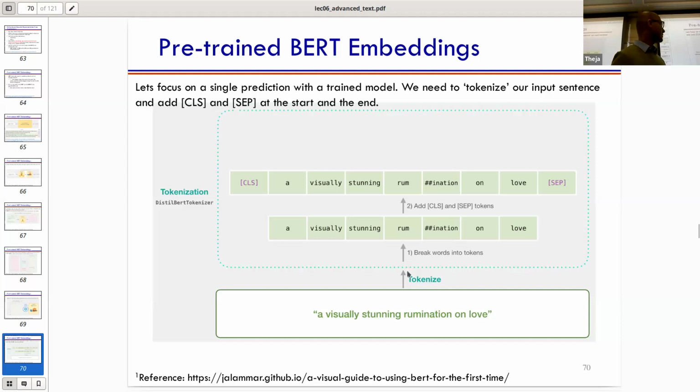So you tokenize, which is basically breaking the words into tokens. Tokens can be, as I said, a word, or they could also be a subword. We just saw that with the visualizer earlier, right? And then what we do is add the extra tokens that help us use this pre-trained model for the classification task. Okay, so we'll get into a little bit of the details of the BERT model later.